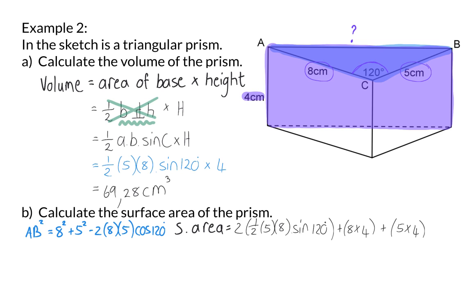The square root of this value will then give us the value of AB, and that will then be 11,36 centimeters. Now we can go and calculate the final part of our surface area by multiplying this 11,36 by the breadth of 4. Therefore, the final surface area will be